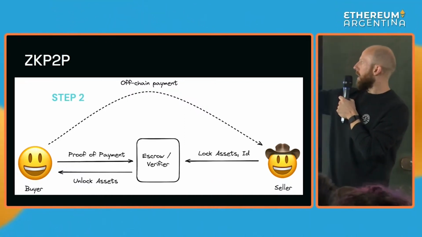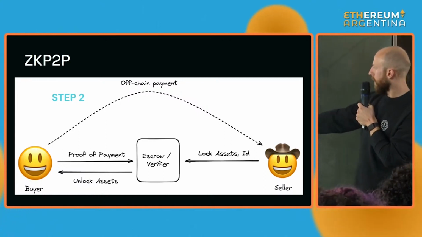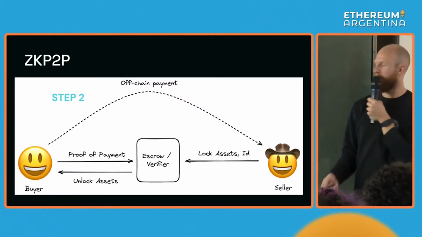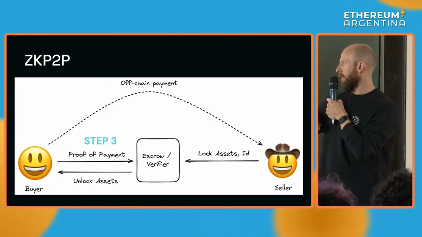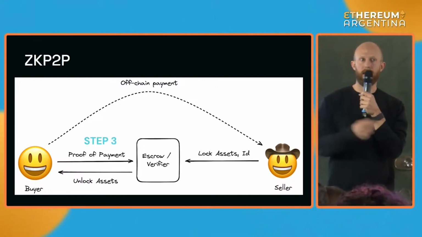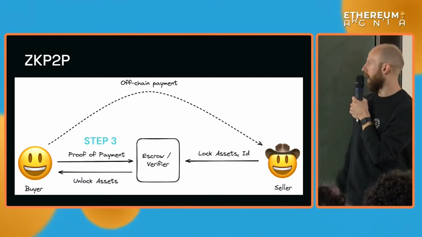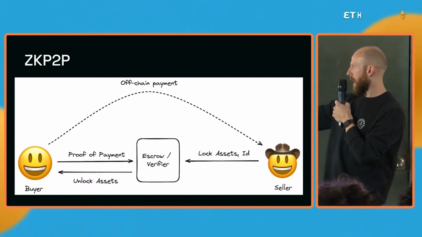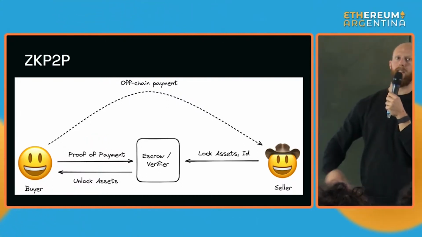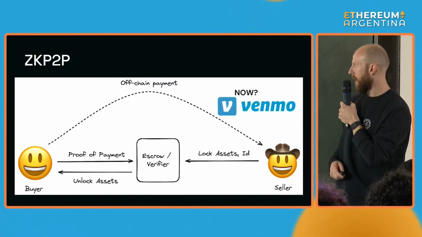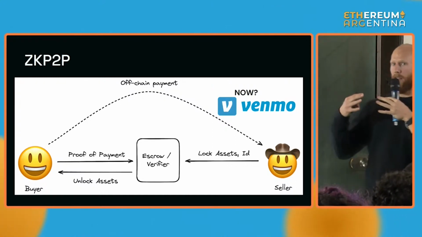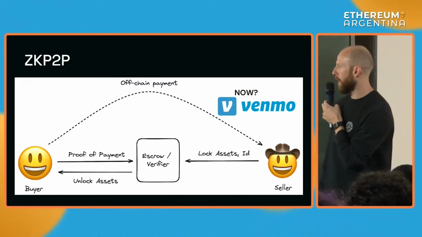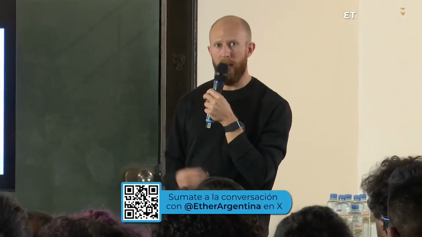That buyer could send an off-chain payment to the seller, who included some identifier that allows them to be paid on chain. And once they receive a confirmation email, they can actually prove that they paid this amount to this person. And that escrow smart contract can trustlessly verify the contents of that email, like we talked about, and unlock those assets. So again, it allows a less frictionful peer-to-peer marketplace for people to on and offboard from crypto just by using existing payment apps they already use.